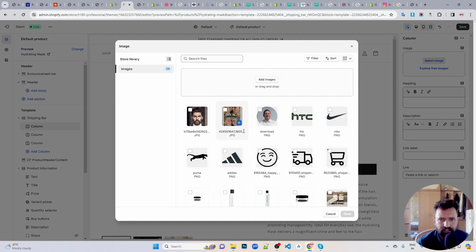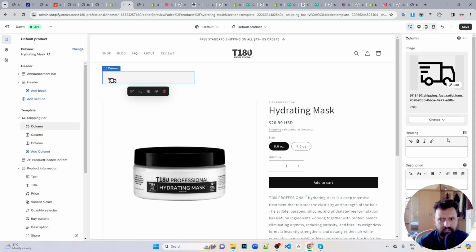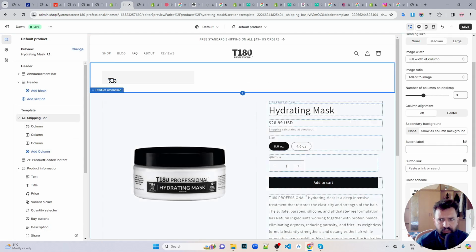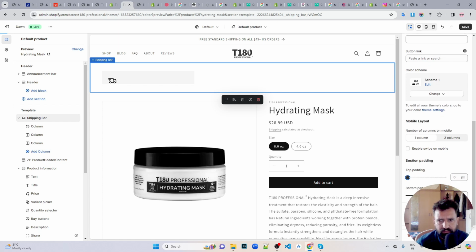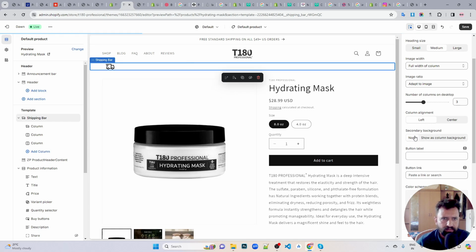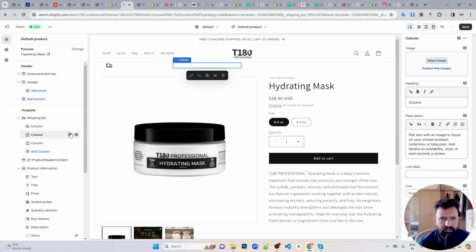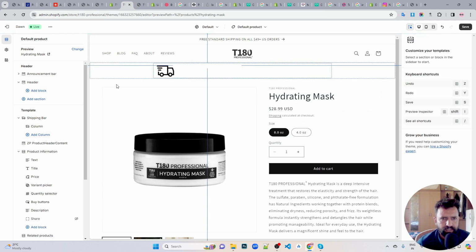So we'll select the images, this one, I guess, and we have the option to change the padding, top, bottom, 0 0, and we can change the color scheme to be color scheme 6. We don't need a background, so we can remove the background. And number of columns on desktop, we have 4, and the shipping bar, we have 1 2, and let's see